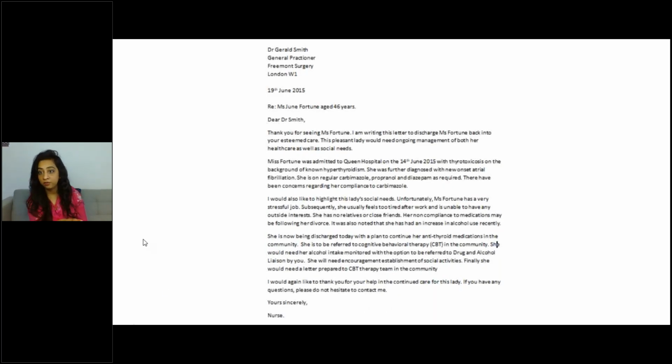So this is the solve letter. You can take a screenshot of this if you want. This is how I've answered this letter. So I've written the GP's name, then I've written the date, then I've written regarding this patient, then I've written